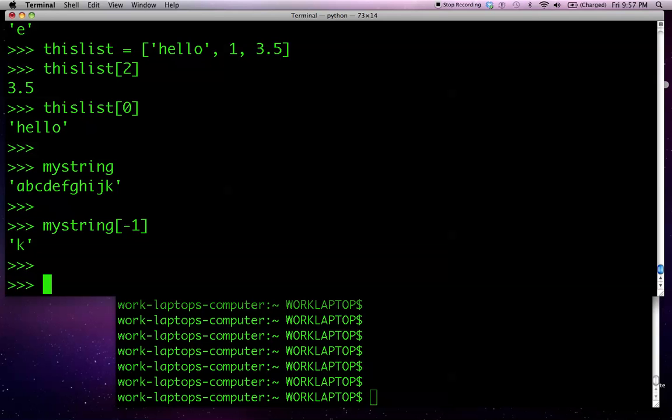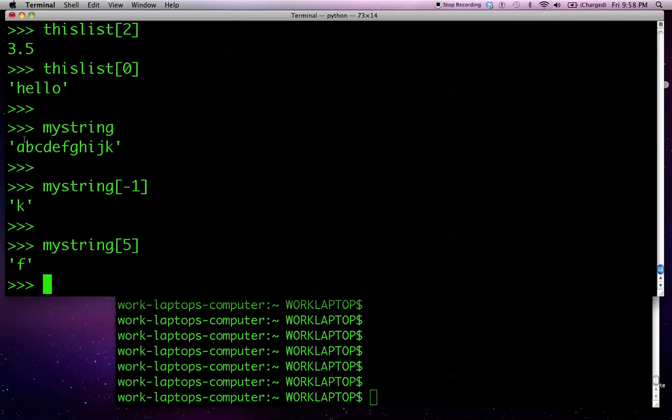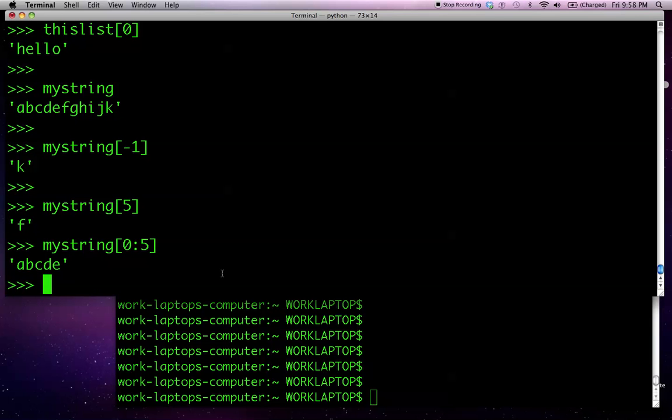We could pull out the first 5 characters by using something called a slice. We'll start at 0, and we'll end with 5, but that doesn't mean that we're including index 5, because what's my string 5? It's F. If we're only interested in A through E, we use a slice, but interestingly, we include an upper bound index that is one above what we're actually looking for. Here's A, B, C, D, and E. You can see that what we got was 0, 1, 2, 3, and 4. The index 4 element